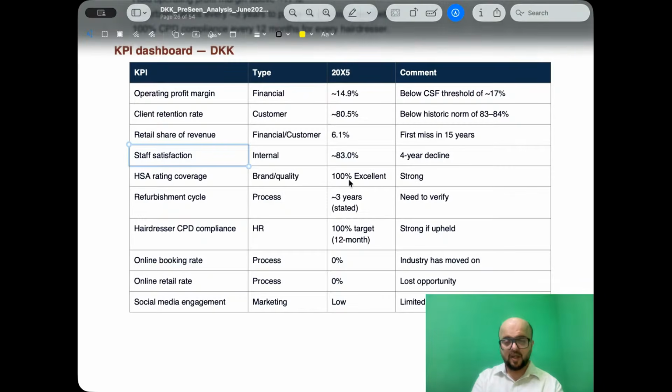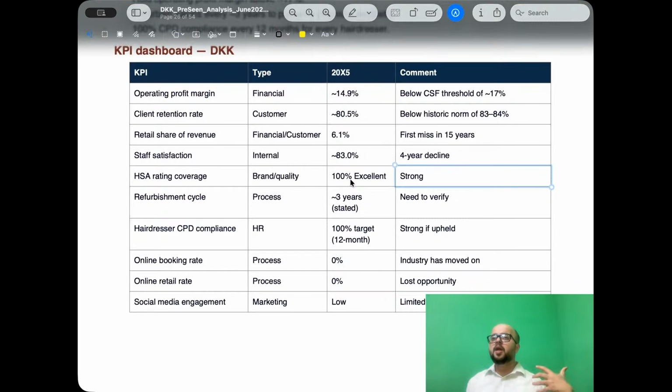Staff satisfaction has declined over 4 years, it is around 83%. Then HSA rating coverage is strong. You're working well on this particular aspect. Then refurbishment cycles: it has been stated that salons are refurbished every 3 years, but you need to verify this fact. Hairdresser CPD compliance is right now 100%, and it will remain one of your strongholds